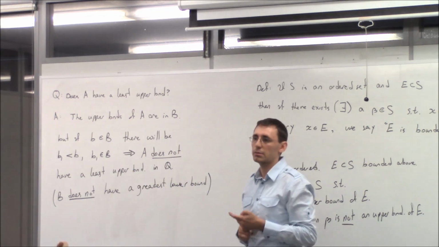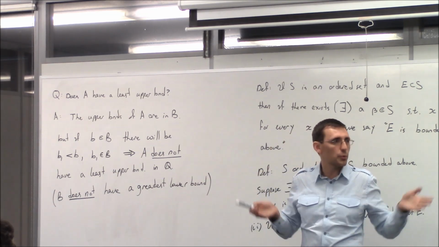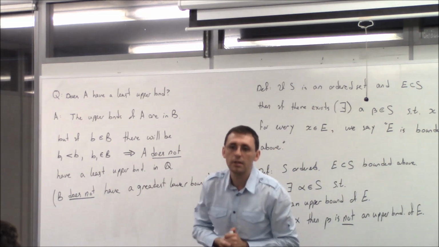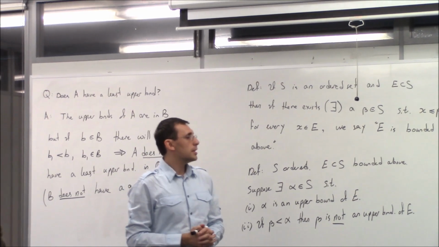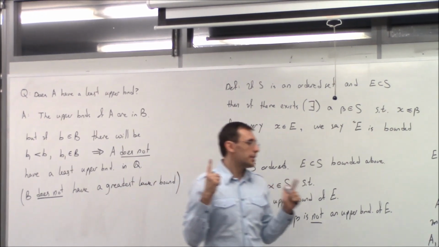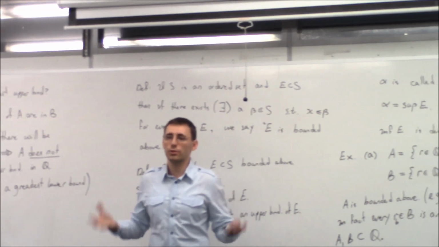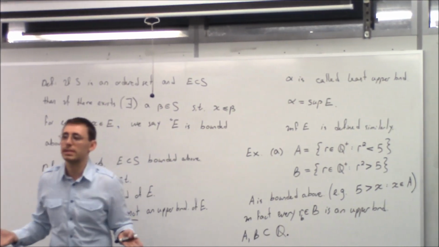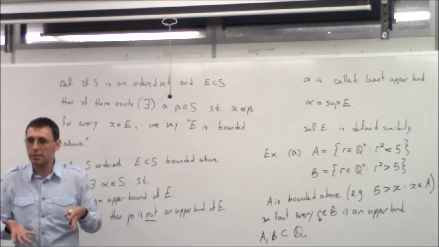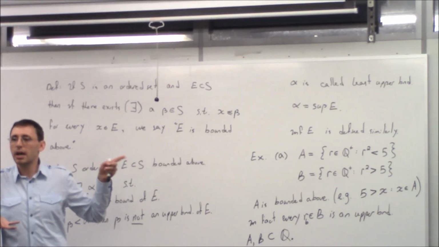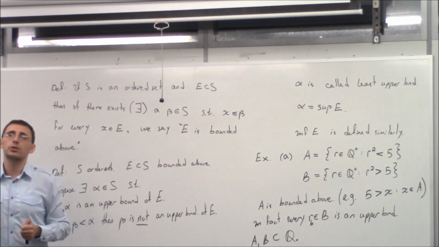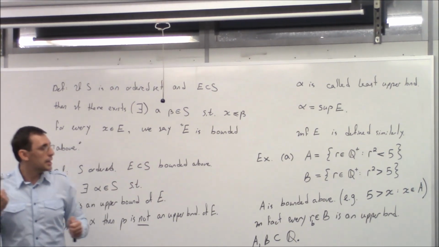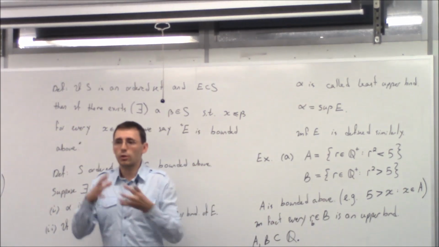I'll give more examples. You will see. Supremum is not a very difficult concept. Yes, please. So for set A, why is it not the case that 5 is the least upper bound? Well, again, one thing to keep in mind, you always have to think what's your universe. So in this example, we only constructed rational numbers. I sometimes, of course, cheat, right? When I mention root of 5, I cheat. I don't have a notion of that. But if I think strictly in terms of my universe, it only contains ratios of numbers, okay? In that universe, in the universe Q, Q is my ordered set.